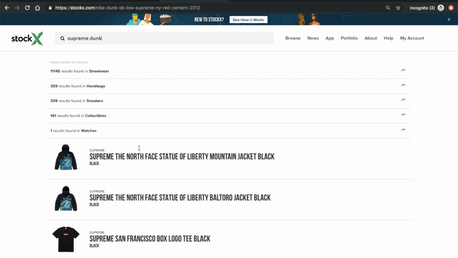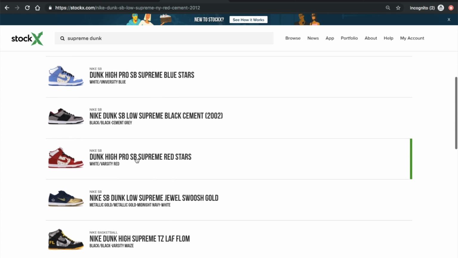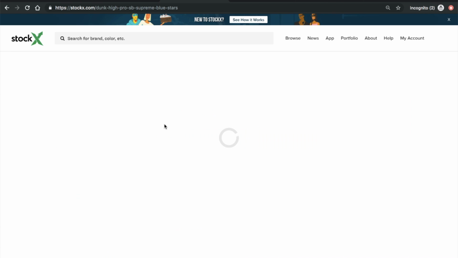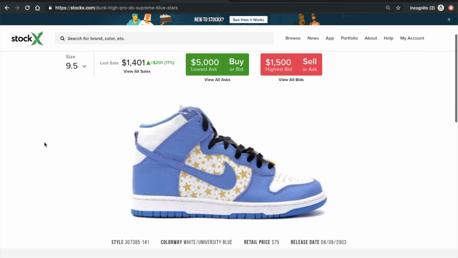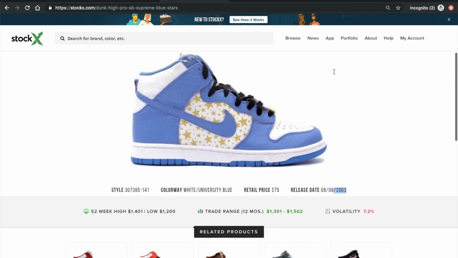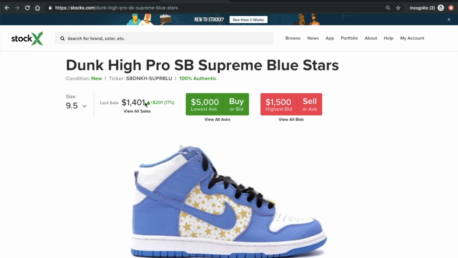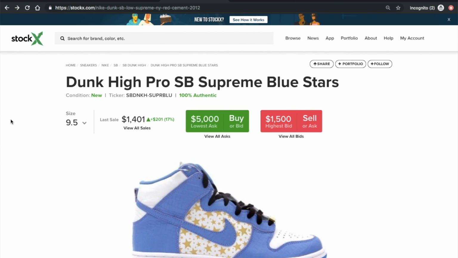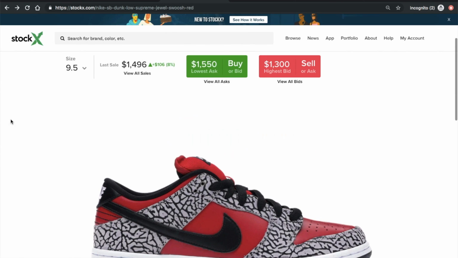Similarly, other Dunks by Supreme, such as, let's say, this blue pair here. Again, Dunk, released in 2003. Of course, this has been about 15 years since this released, but again, you can see the prices these things go for, right? $1,400 last sale, lowest ask available on the market right now, $5,000. Okay. So this may be a long hold, but nevertheless, it is a good place to park my money, in